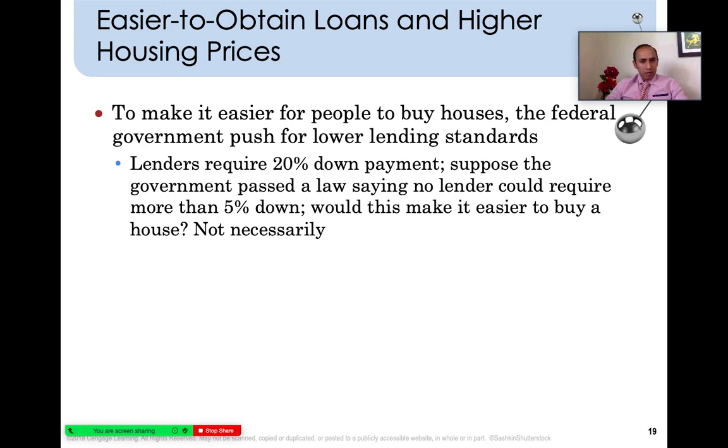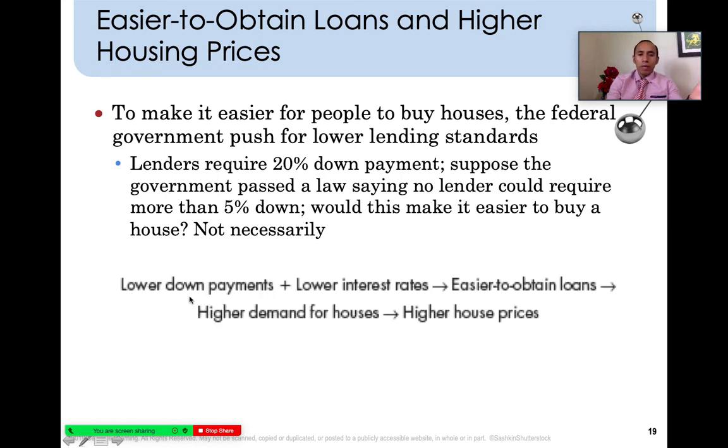But now government has passed laws where the lenders of loans can require 15%, 10%, in some cases 5%, in even better cases 3%, to make it easier for people to obtain loans even though it's not necessary. A lot of people benefit from low down payments but have a higher premium, insurance on the mortgage, etc. to facilitate lending and facilitate mortgages. So lower down payments typically